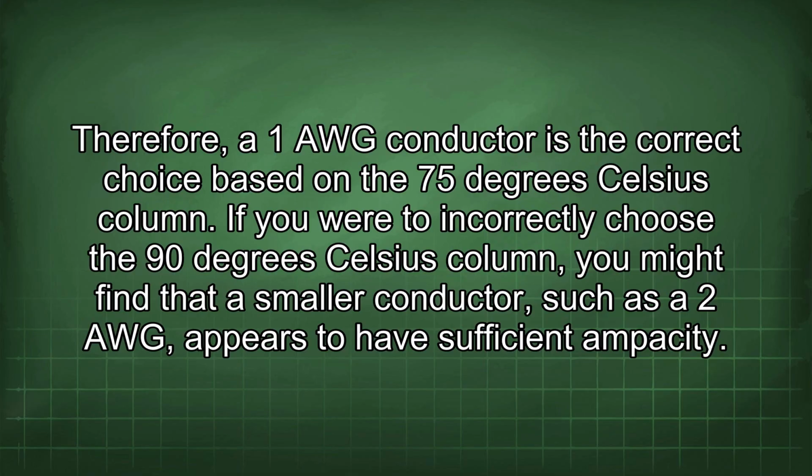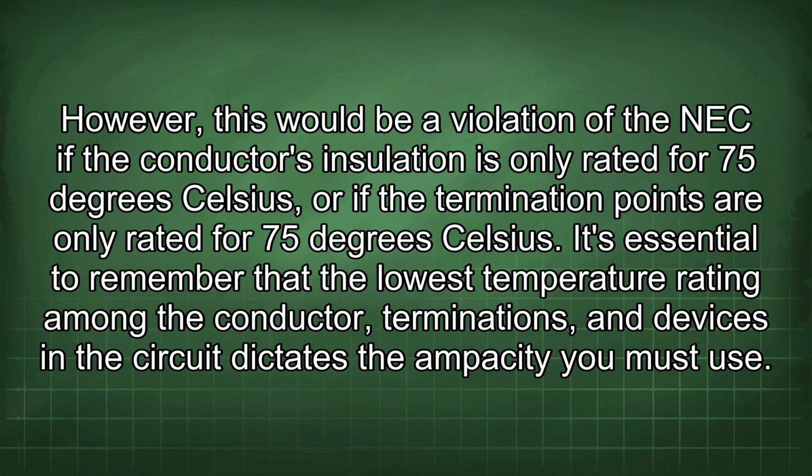If you were to incorrectly choose the 90 degrees Celsius column, you might find that a smaller conductor, such as a 2 AWG, appears to have sufficient ampacity. However, this would be a violation of the NEC if the conductor's insulation is only rated for 75 degrees Celsius, or if the termination points are only rated for 75 degrees Celsius. It's essential to remember that the lowest temperature rating among the conductor, terminations, and devices in the circuit dictates the